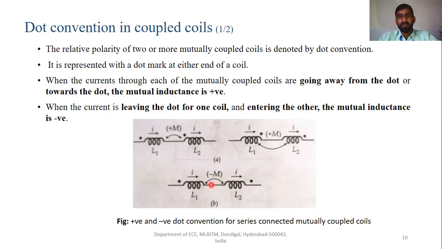Is it clear? If the mutual inductance is positive, both the coils are wound in the same manner, so the magnetic flux is not going to act opposite to each other. That is the reason why we are using the dot convention. I hope you have understood this dot convention, right? So let us take one more example for understanding this dot.